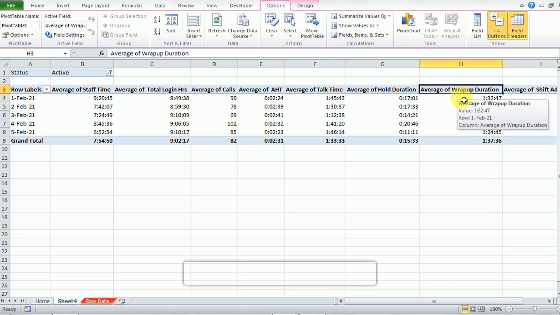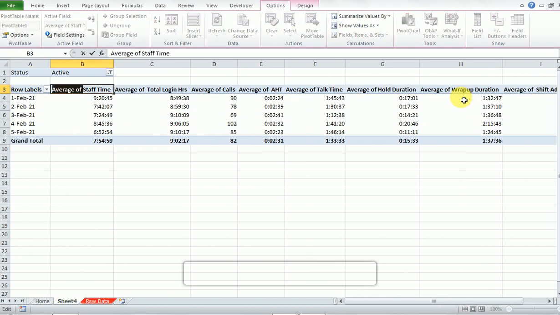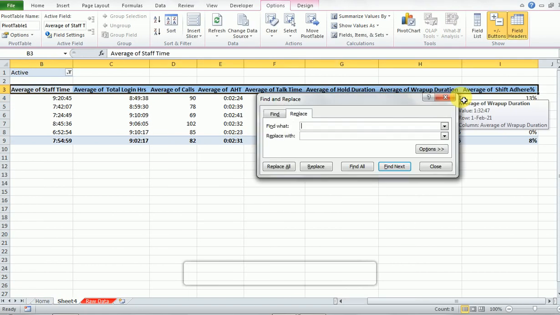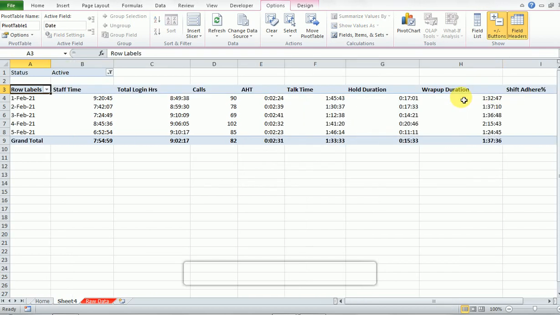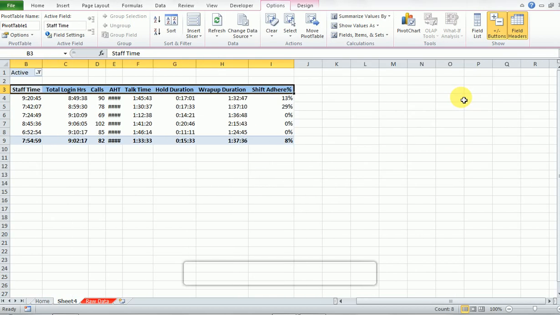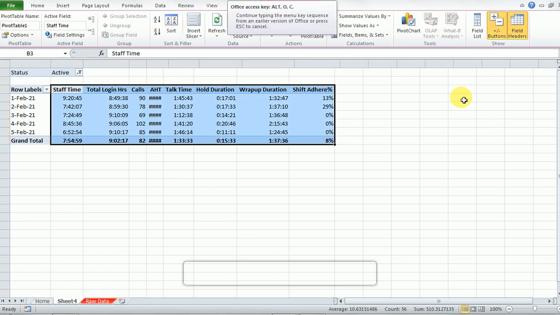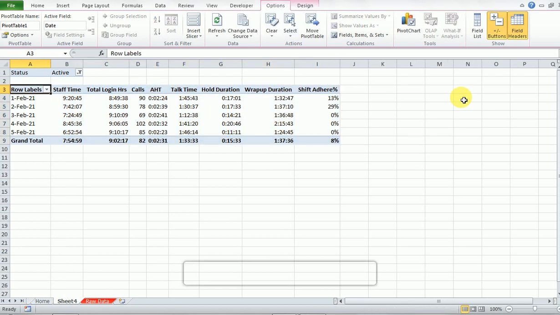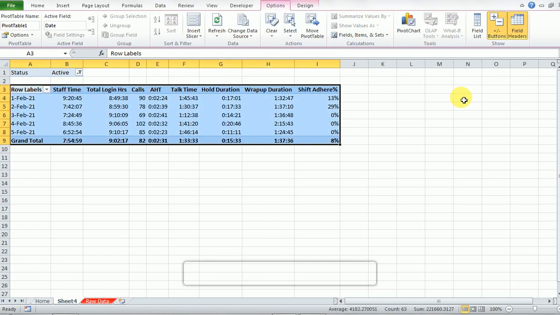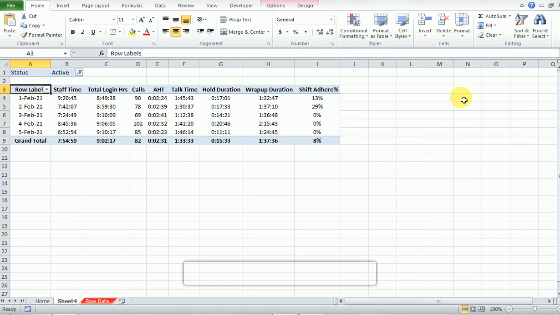So friends, it is very lengthy, so we are replacing "average of" with nothing. Now it is showing in a smaller and better way. We will update the things and manage the things. Here we will update the date. Friends,